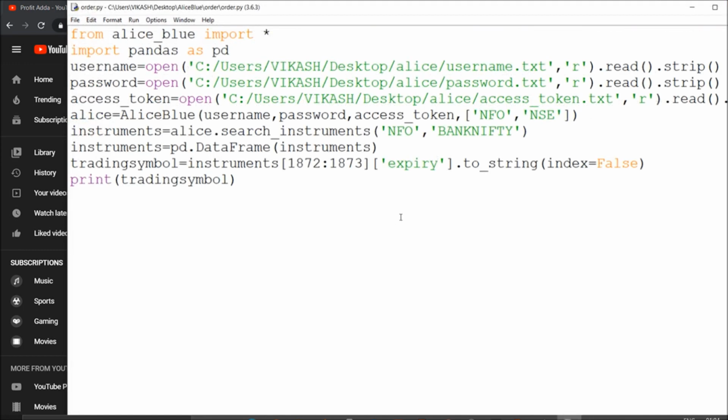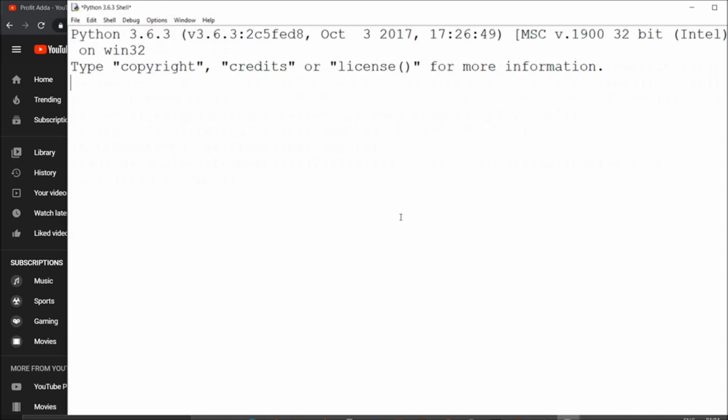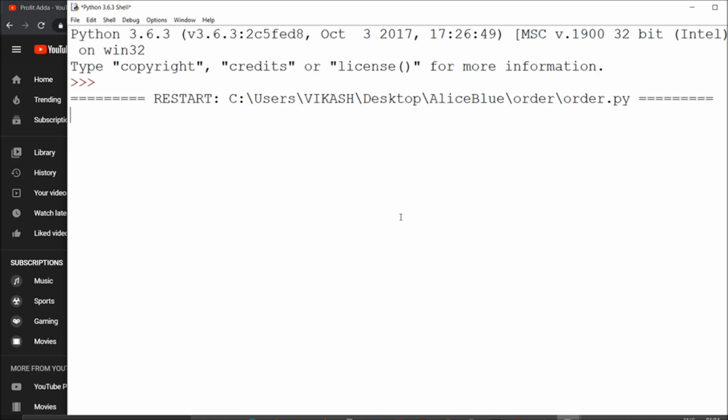And if I say about the lot size, I can fetch the lot size and multiply with whichever I want. Suppose I require one lot, it will be equivalent to 25. So you have to go with the 25.